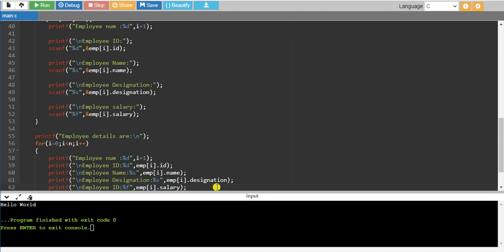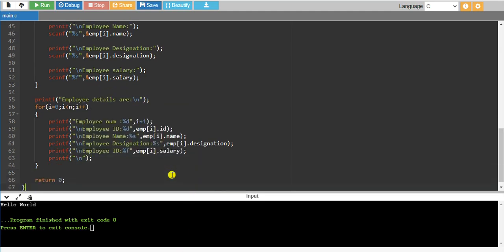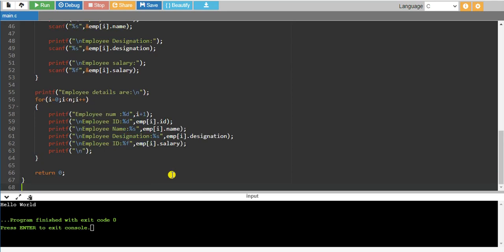Then we have to run it, debug this code or run this code and check whether errors are present, and if errors are present, try to debug them yourself. Okay, this is all about the employee details. So let me run this code and check whether it gives the proper output or not. So click on the run button here.